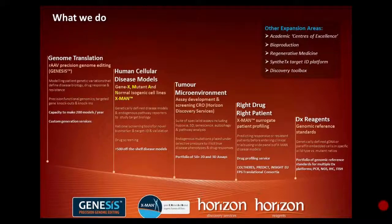A little bit of background on Horizon Discovery before I jump into the details of the talk. Horizon Discovery is a genome translational company where we can offer services from cell line engineering to developing tumor microenvironment assays with our CRO products. What I'm going to focus on is the Horizon Diagnostics division that focuses on reference standards, and in particular multiplex reference standards and their use in next generation sequencing platforms and